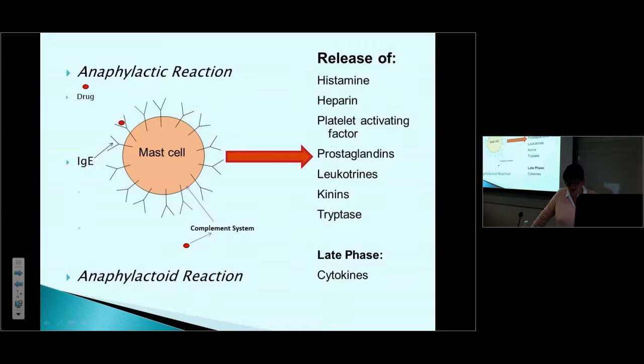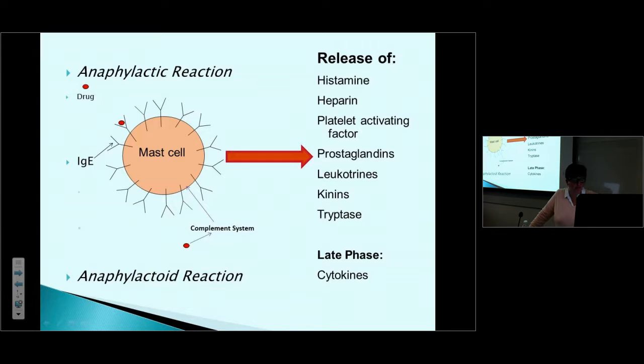Now, for an anaphylactic reaction, in a lot of cases, it will be that the patient has had prior exposure to the substance. So it could be a food substance, it could be the actual drug. But sometimes there is a cross reaction. So suddenly what happens is the drug binds to the IgE antibodies, which in turn causes the mast cells to